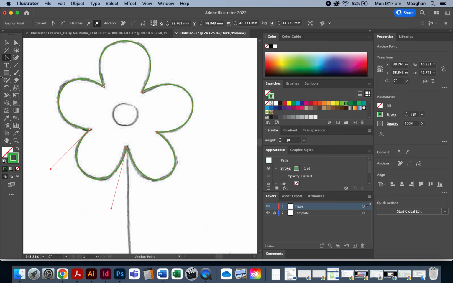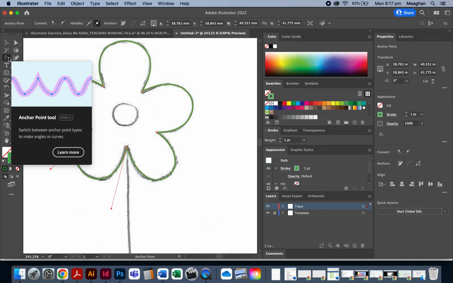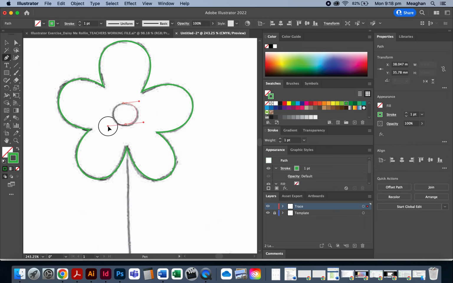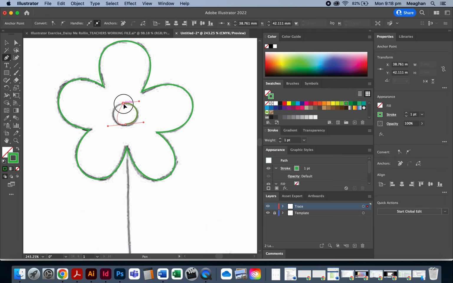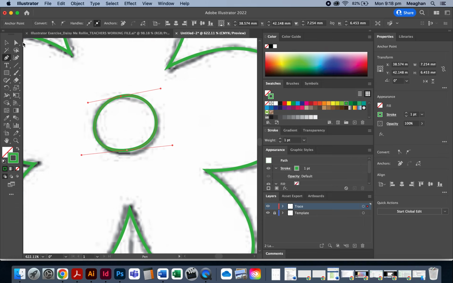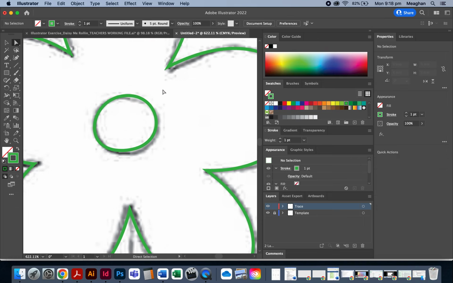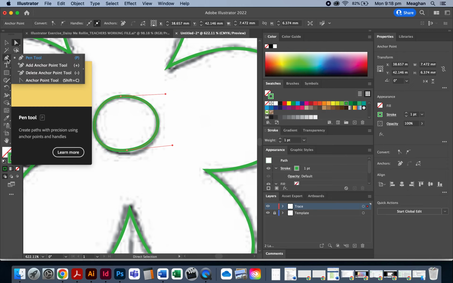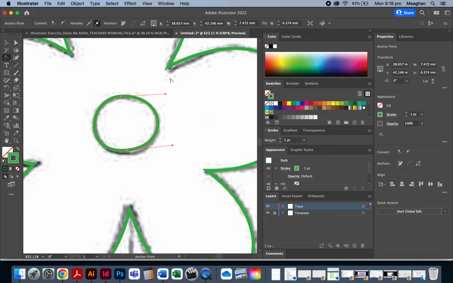And then the circle, you can also use the pen tool. So I'm going to right click up here, pen tool, click and drag, and then close the path, click and drag. So for this circle, I'm going to use the direct selection arrow to tweak these because I want it to seesaw. If I use the anchor point tool to edit this,